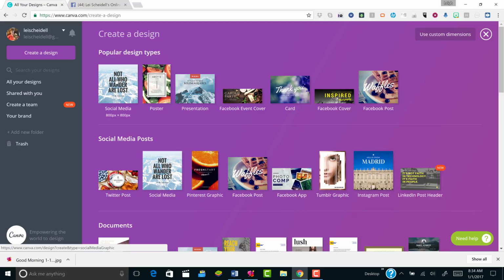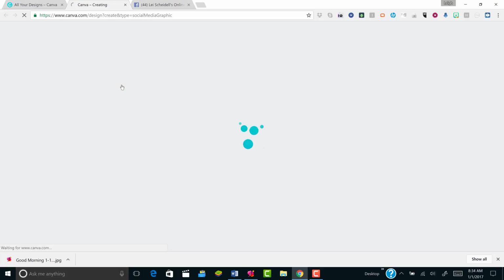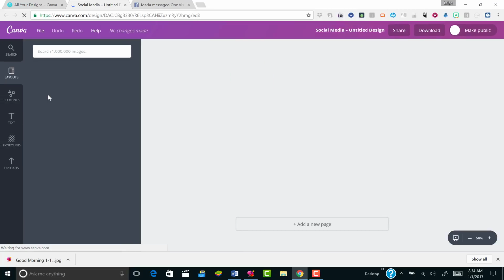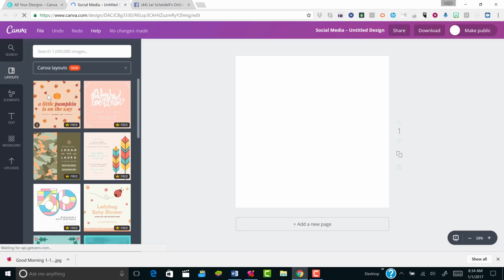And so now we're going to just select the average social media canvas, which you can use across all the platforms most easily. And so we're going to select that social medias. It's an 800 by 800 pixel diagram. And from there, we're going to